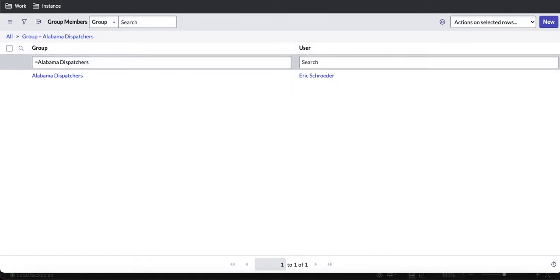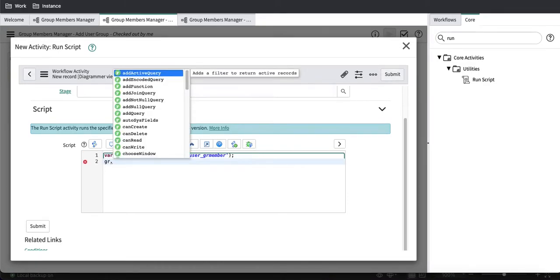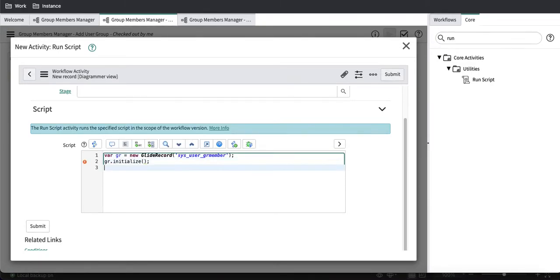This is the table name, and in this script, I'll write var gr equal to new GlideRecord, and here I'll put the table name. So in this table I'm going to insert that. I'll initialize first. Once initialized, I will set that user equal to current.variables, and then I'll select that variable, and then gr.group equal to, I'll set the group sys_id, current.variables